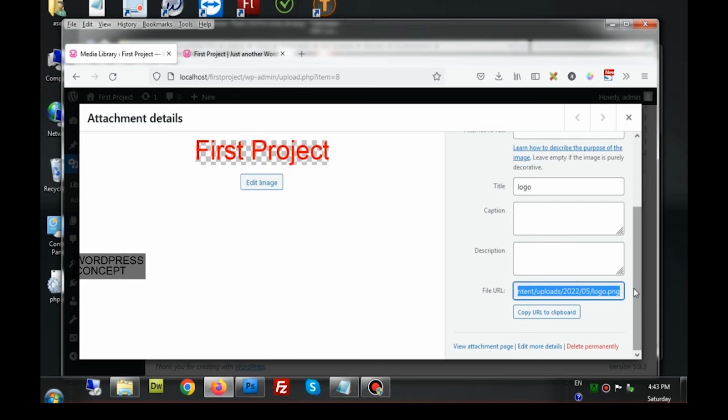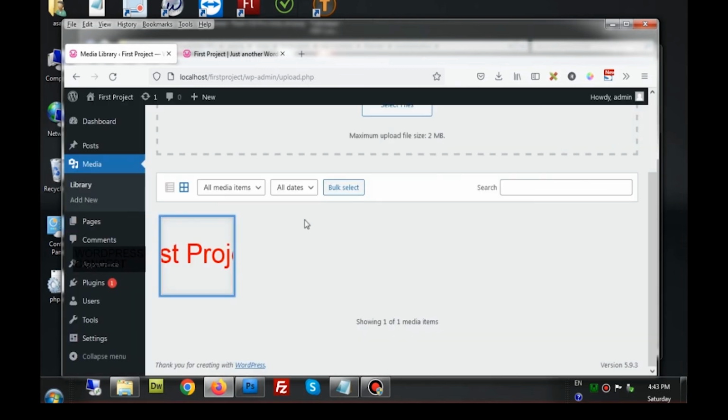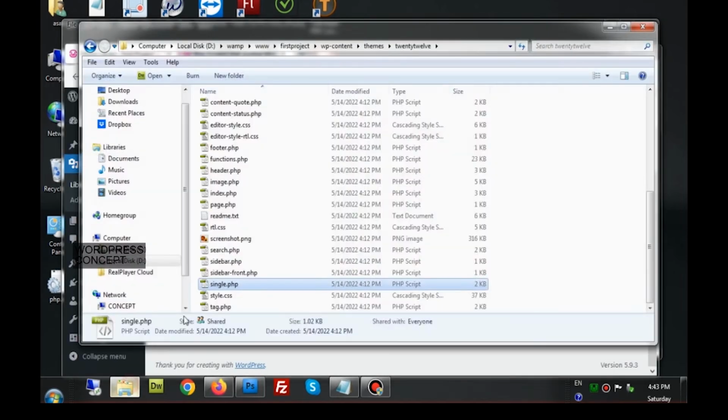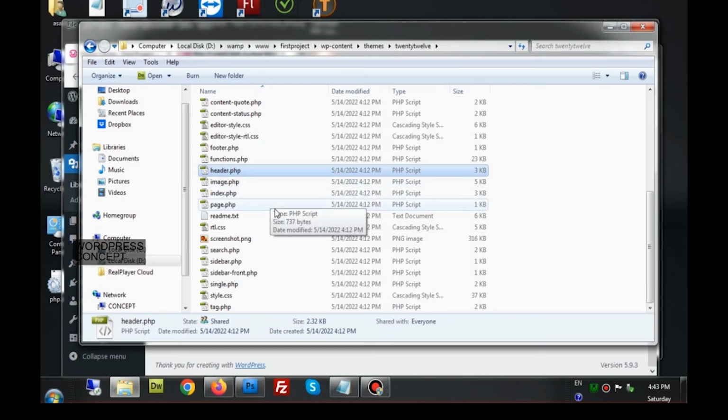I have to copy this location and place it in my theme file, and as I told you, the file will be header.php. So I am going to open this header.php and place that image into it.